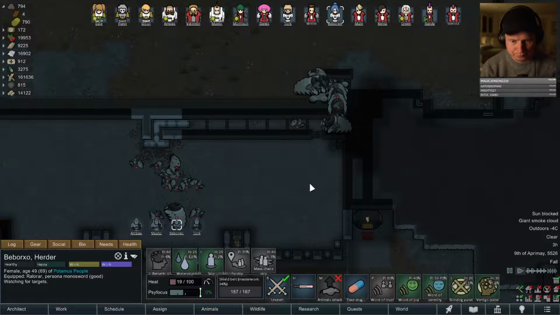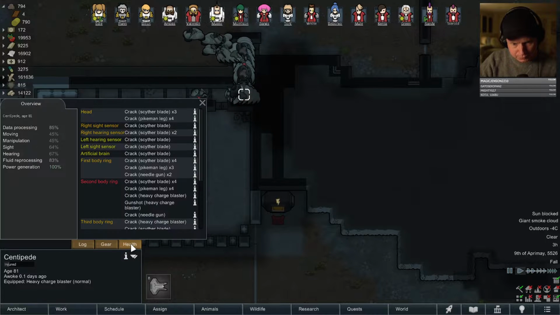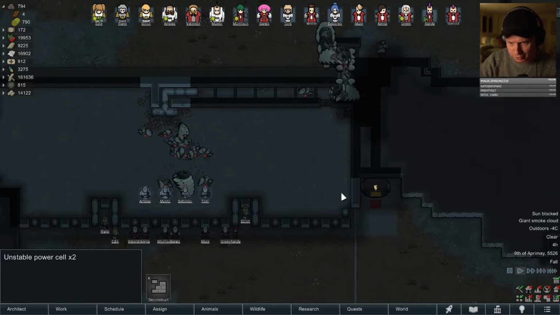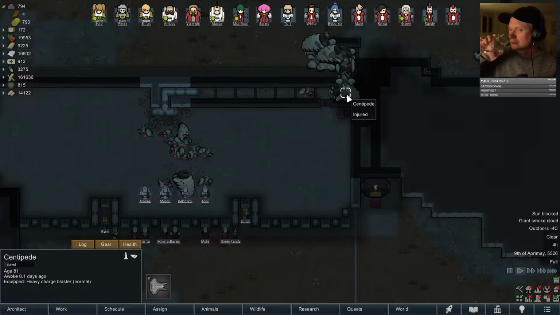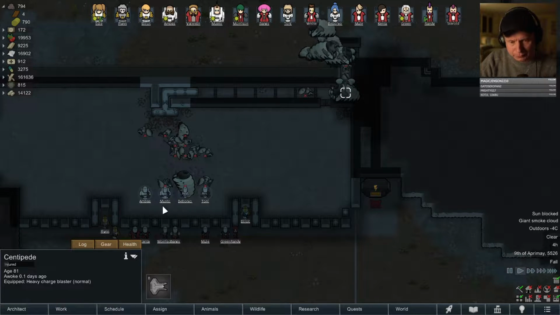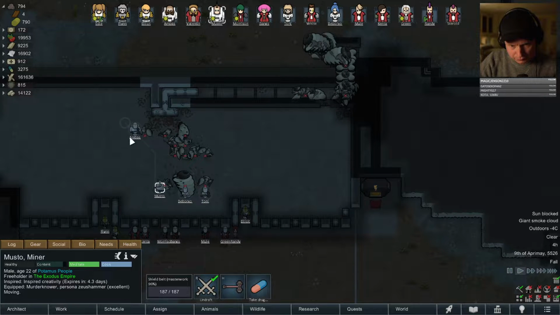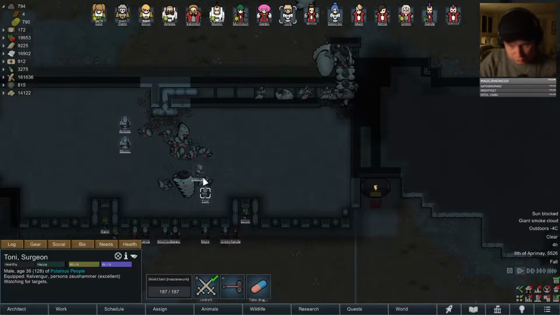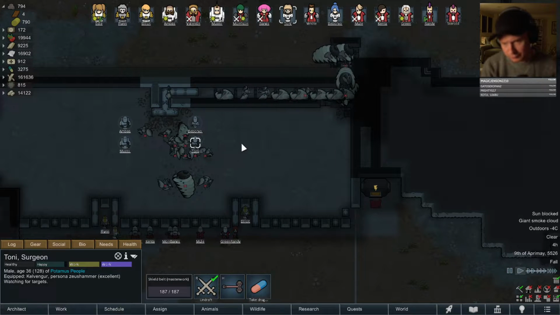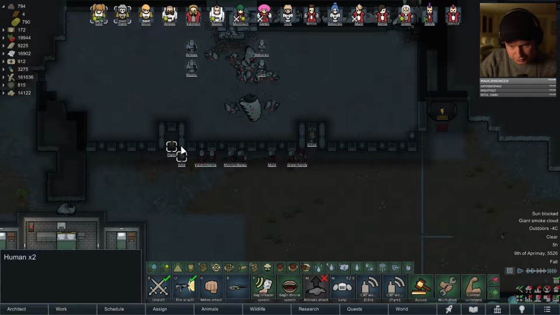Okay. Vibor's psi focus is a little low. I think this centipede is just going to go down to the berserk. Yeah, we should get 2 unstable power cells out of this, barring any super weirdness. So I'm going to switch things up a bit here. Because we shouldn't be taking... Actually, I should probably... Elliot needs to stay there, but...